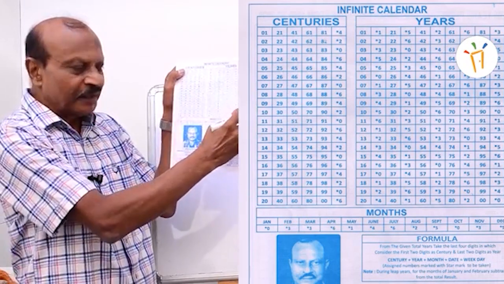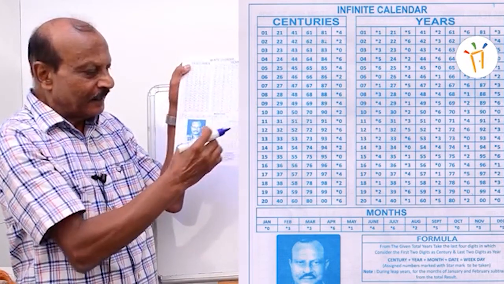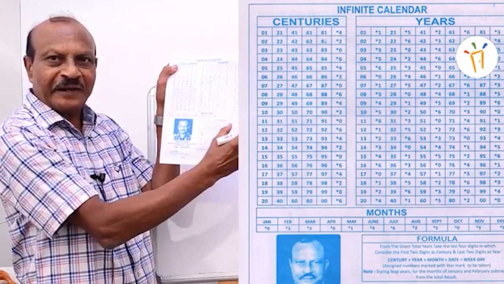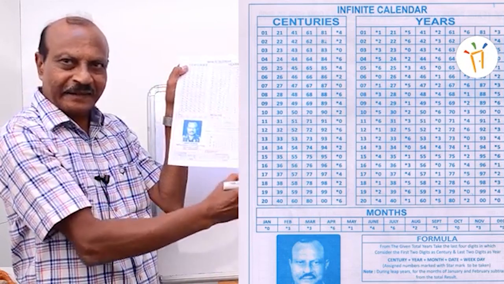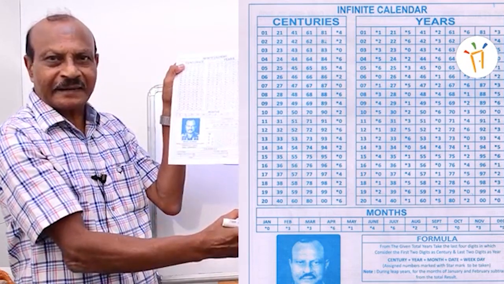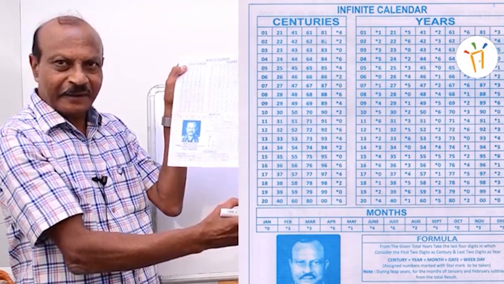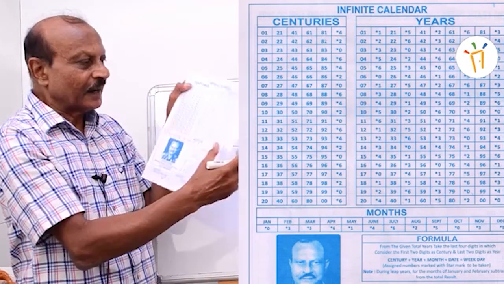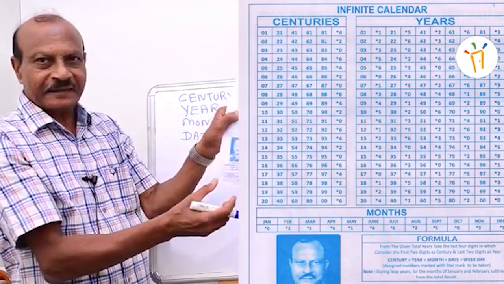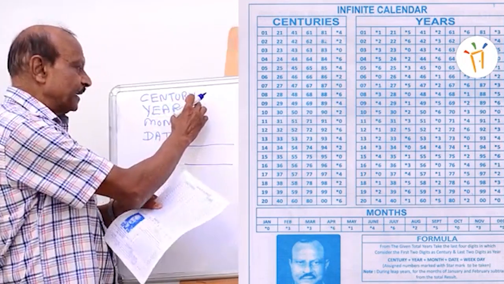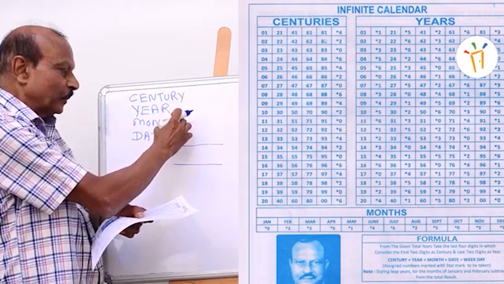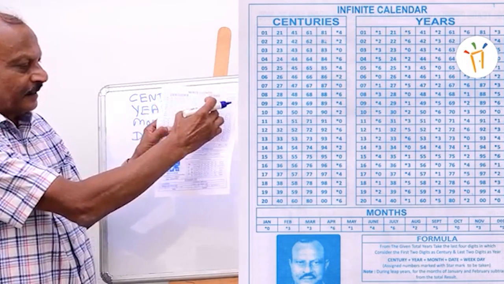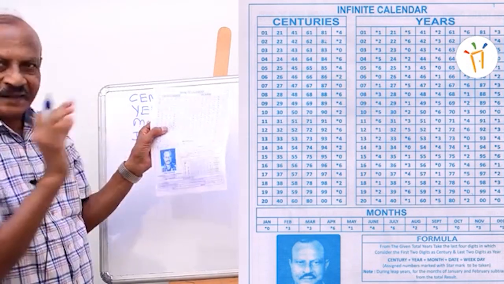And the month's code number I have given here. And here 1 to 49 I have given in the table, and in front of that the days are there, Monday to Saturday. You can see it from that table. And how to find this out? Here I have written century, year, month, date, because you can see century is here, year is here, month is here, and date.